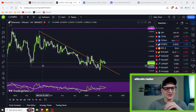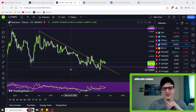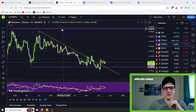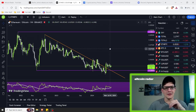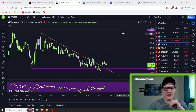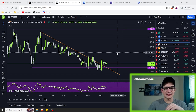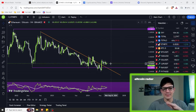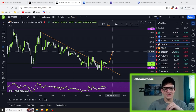What I'm hoping to see here is, first of all, we have got a range low, or range support down here at roughly around 0.04, and we've got a range high up here at 0.08, all right? So we've got a decent spread in between there as well. Now, to reach this 0.08 level again, pretty much 0.09, what I'm hoping is this thing stays bullish, and we end up consolidating within the next few weeks and keep consolidating right here and gaining momentum to be able to create another leg to the upside to one of these other midterm